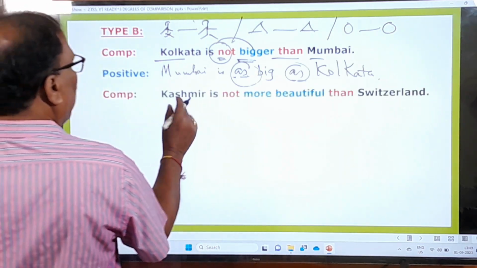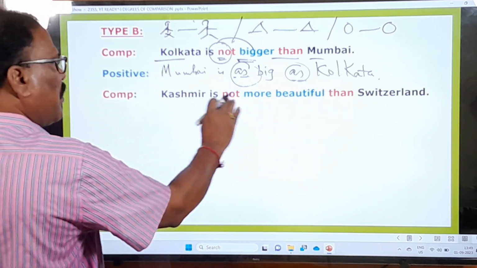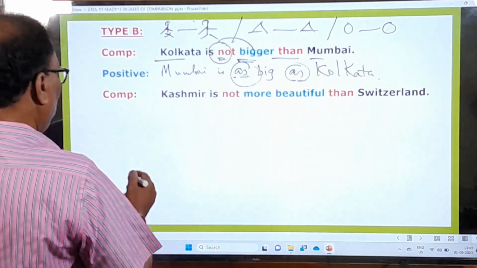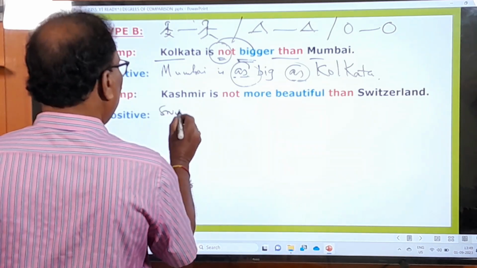And now one more. Kashmir is not more beautiful than Switzerland. స్విట్జర్లాండ్ కంటే కాశ్మీర్ మరింత అందమైనది కాదు. మరింత కాదు అంటే రెండు సమానమే. So here what is that? Let us change it to positive degree. So bring it to the front position. Switzerland